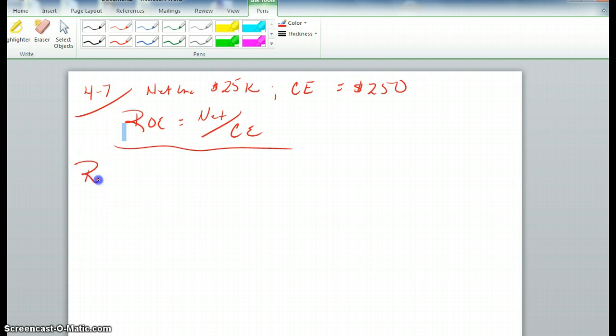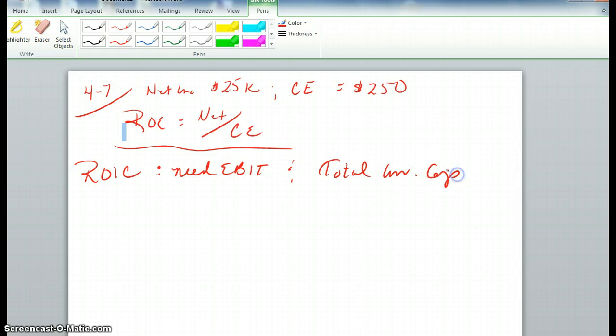For return on invested capital, we're going to need to find EBIT. We need EBIT and we need total invested capital. And so let's first take a look at how to get to EBIT. We'll start at the bottom and work our way up